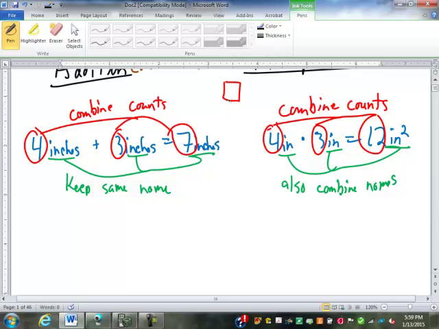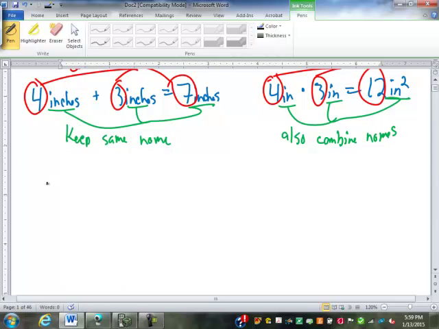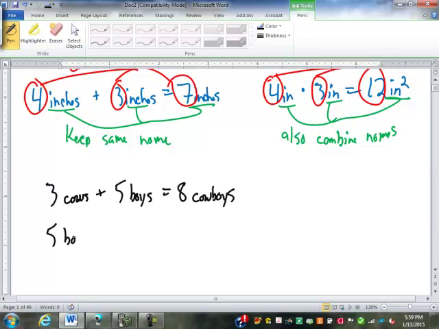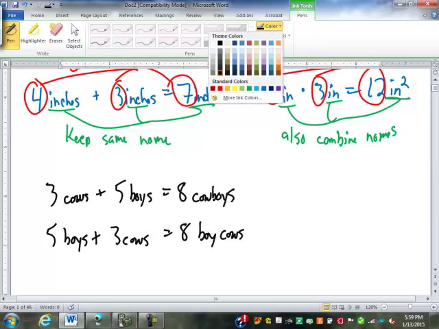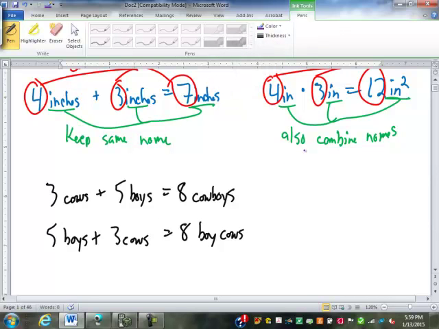For example, we might have 3 cows plus 5 boys. Does that give us 8 cowboys? No. Or the other way around, 5 boys plus 3 cows. Does that give us 8 boy cows? No. Any of you with a little bit of a farm background can tell me that is a whole bunch of